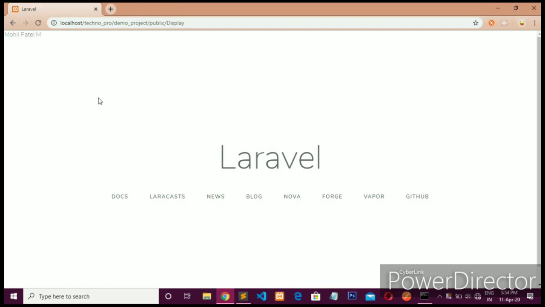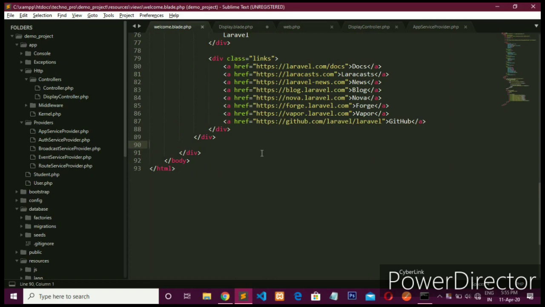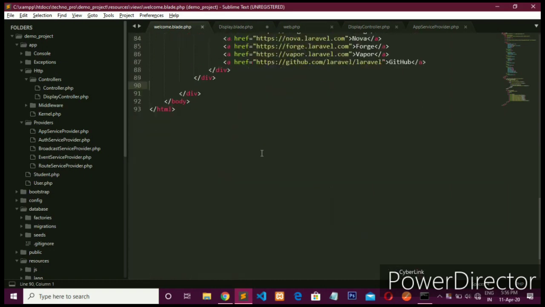Now the second thing is @yield. It is used when you want to add some other file's code at a specific position. At that time @yield is used. Okay, let's take an example of it. Suppose I want to add this $name in my welcome.blade.php file, but at the end, then how can I do it?